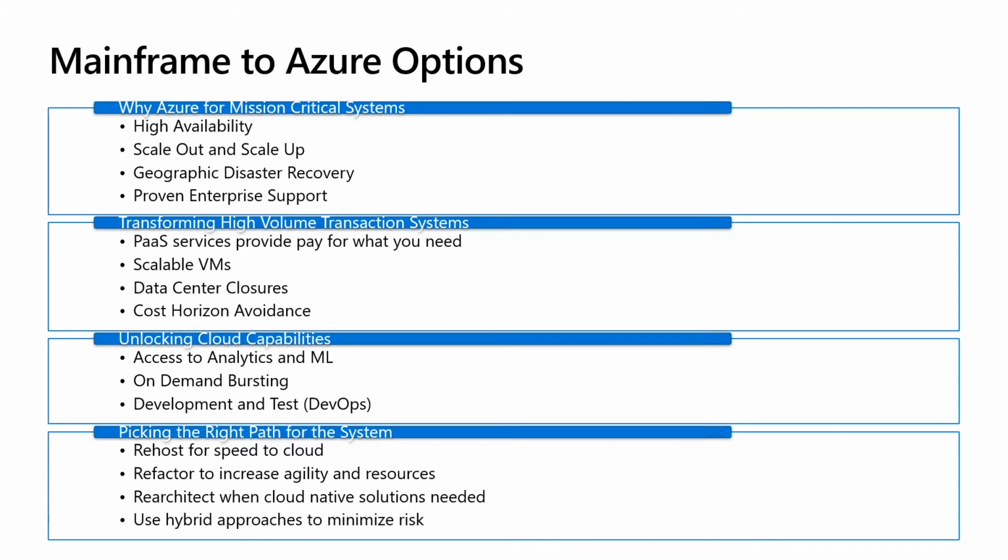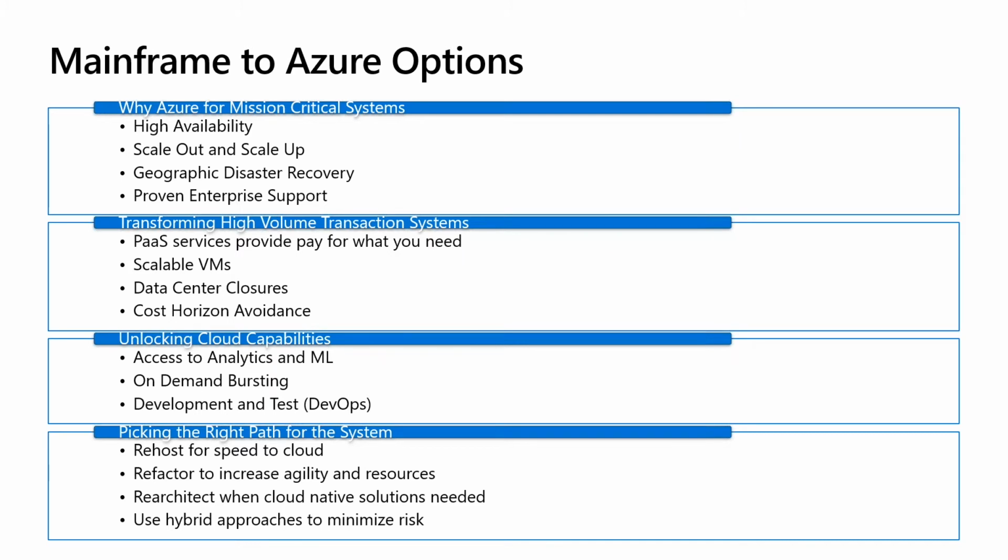And one of the first things that we see people go to, even if they're not going to move the application itself, is move their development and test, their DevOps, if you will, into a cloud system, because that way you can take advantage of capabilities that the cloud is offering you for doing maintenance on your system without actually moving it. And by this, I mean you could do it in PL/1 or COBOL. There are tools that allow you to do that and work with modern DevOps that are cloud-based.